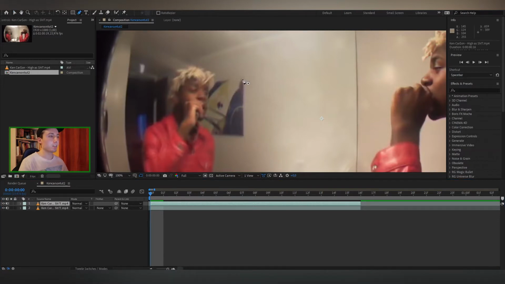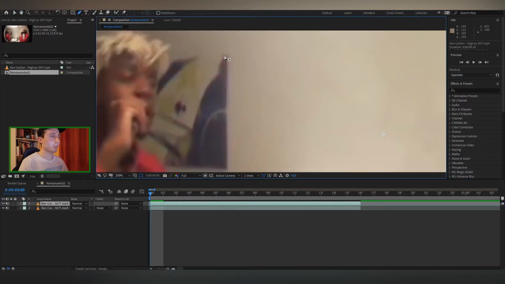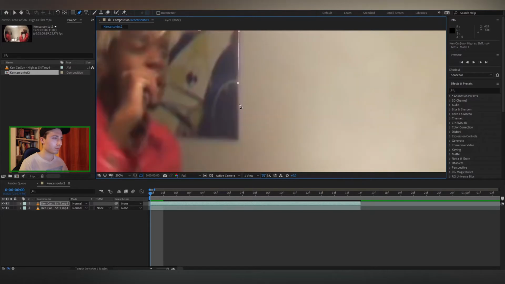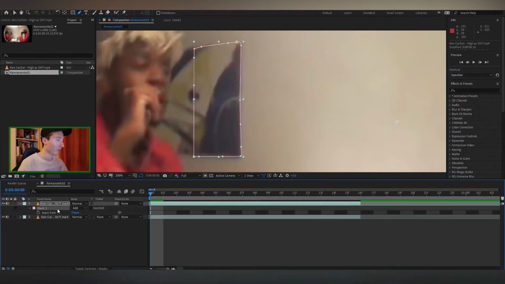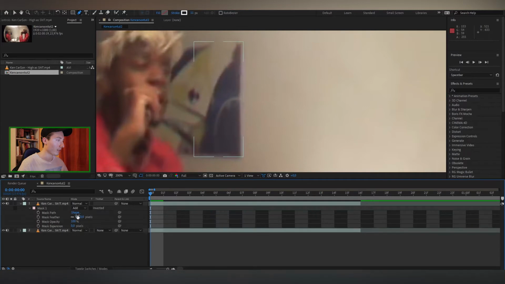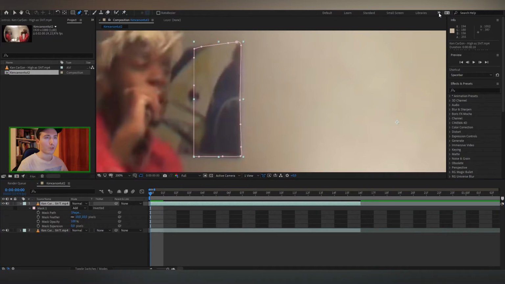And for this effect, I'm gonna mask half the frame out. So half of this painting. So let's just do this right here. And once we've done that, we can turn up the mask feather just a tiny bit, such as 10 for example. And once you've done that, you want to go up to this arrow here next to libraries